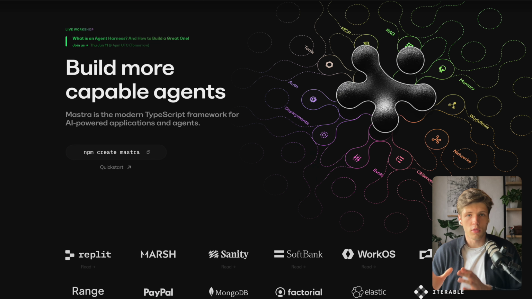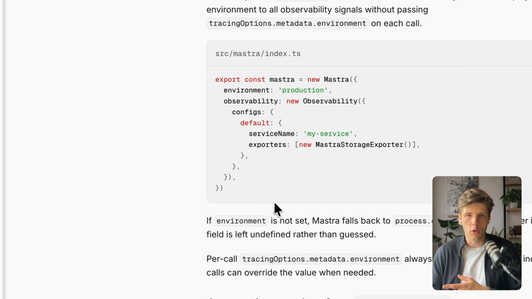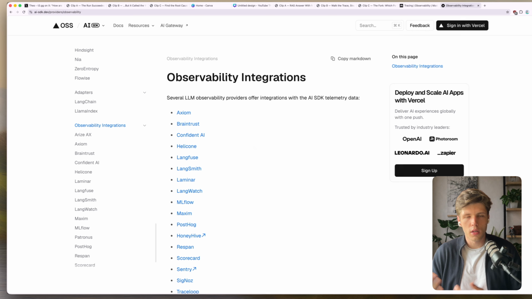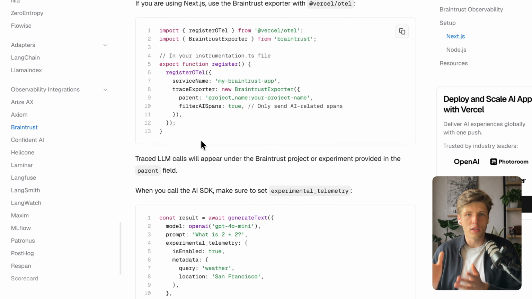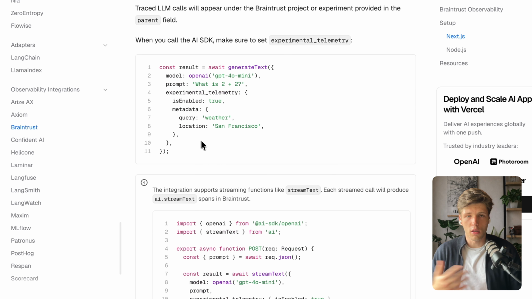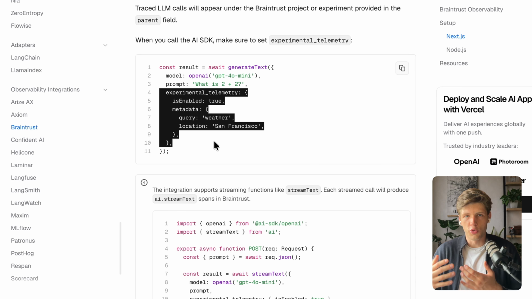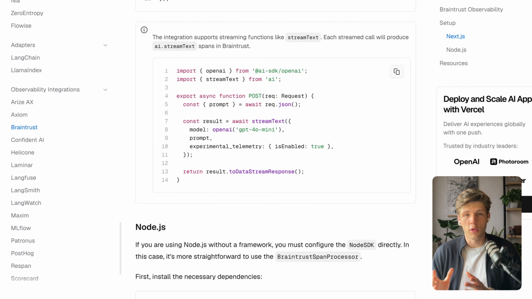And the good news is that it used to be painful to implement, but now if, let's say, you're using Mastra as your AI orchestration framework, you can implement observability and tracing in a few lines of code. And if you're using the AI SDK, let's say, there are still a lot of providers and very good documentation around that. So you can basically just ask your model to implement tracing across your application and it just will do it because the docs are really good around it.